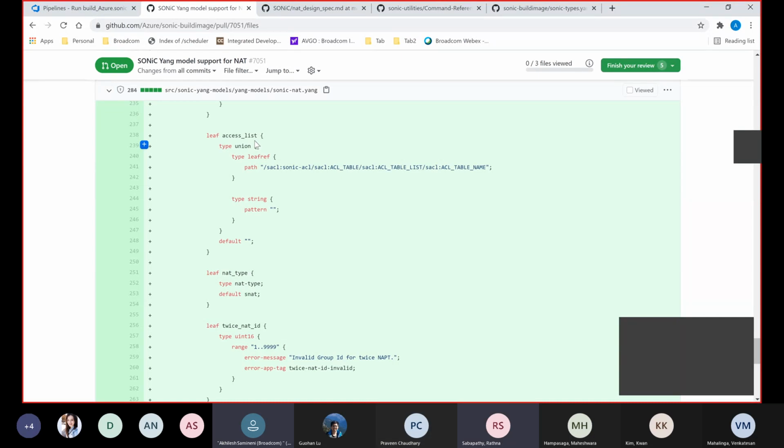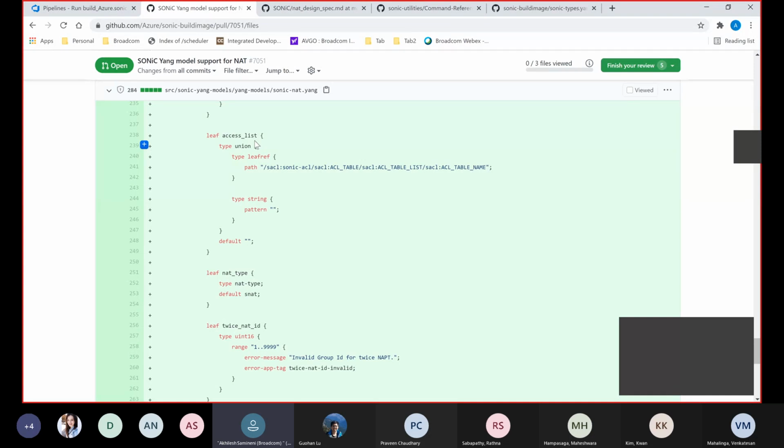Yeah, I think that is what Venkat is also trying to say. If the user wants to remove that ACL from the binding, instead of making it an empty string, they can delete the leaf. But our backend handles deleting the access list table. When we try to remove the ACL from the binding, it will replace the access list with the empty string.